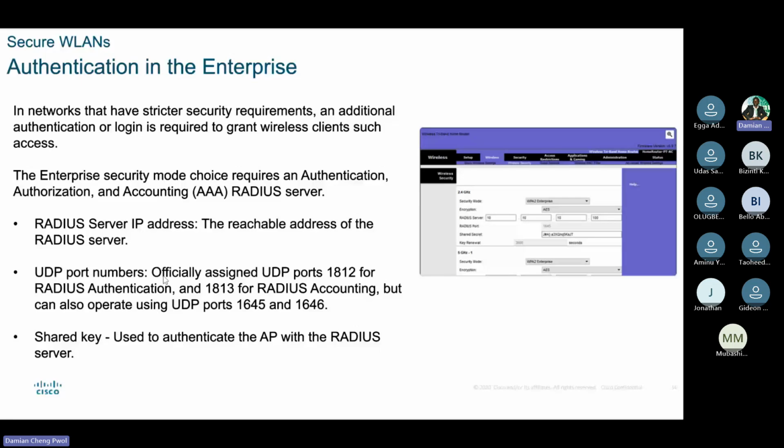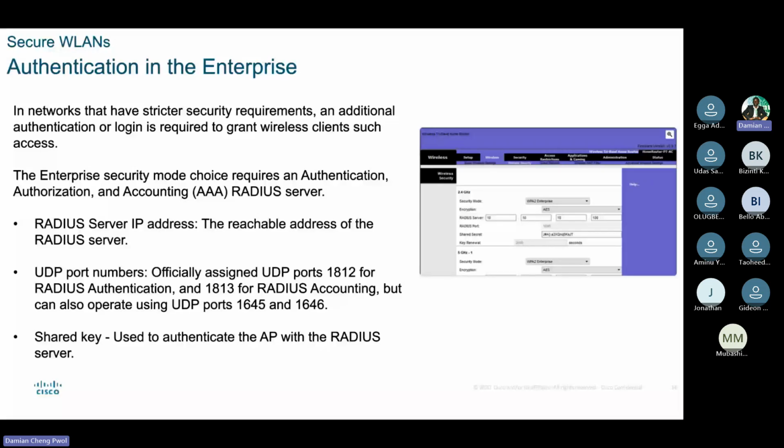So in the wireless router, still on the authentication in the enterprise, you have UDP ports, user datagram protocol. Officially assigned UDP port 1812 for RADIUS authentication and 1813 for RADIUS accounting, but can also operate using UDP ports